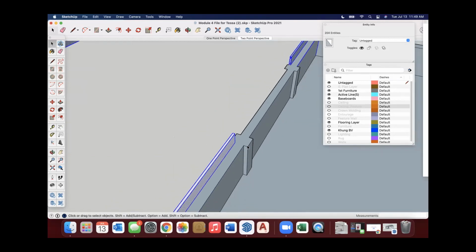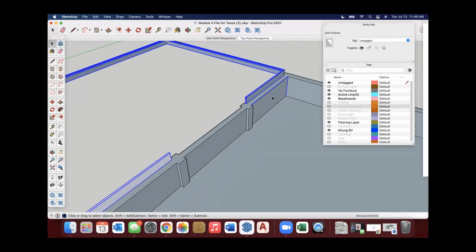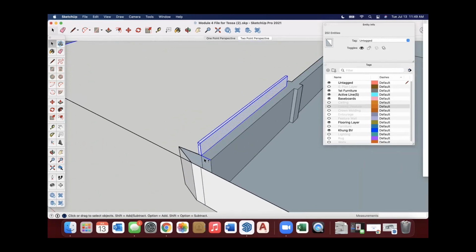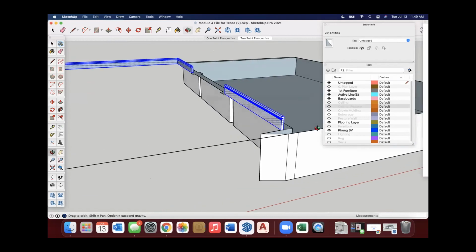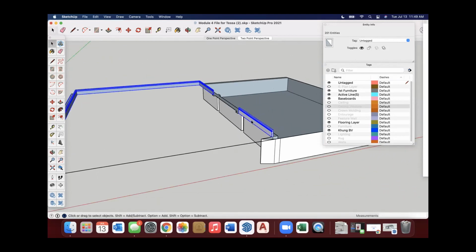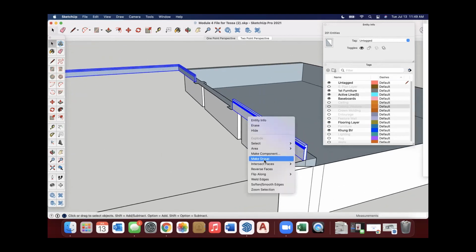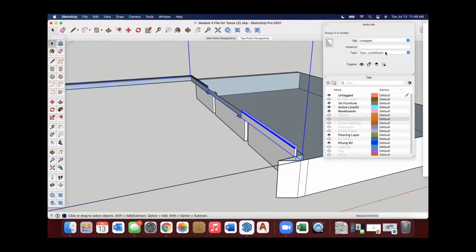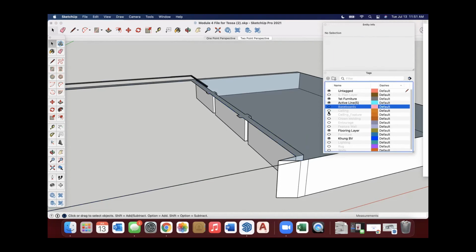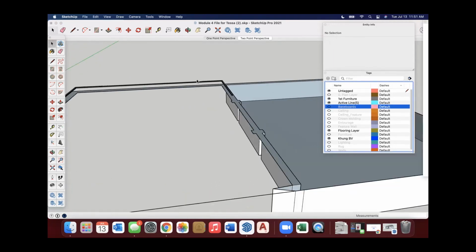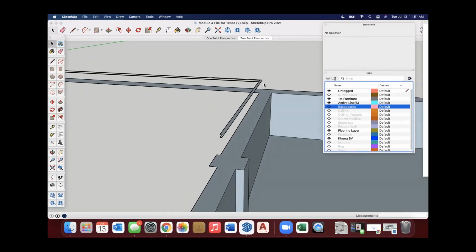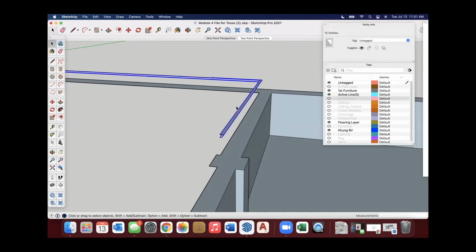Now, again, see how tedious this is if you have to go back in and fix things or organize after the fact. It's so much easier if you organize ahead of time, but it is doable. It just takes time. So I'm going to go ahead and say make group. I'm going to apply this to the baseboard. And now let's turn off baseboard. So I did miss a few things. All right. We're just going to grab that.